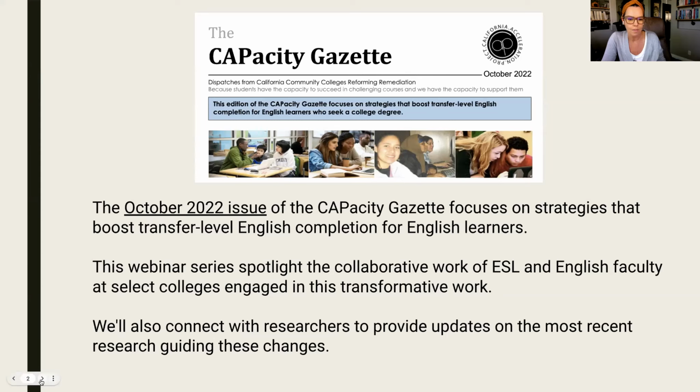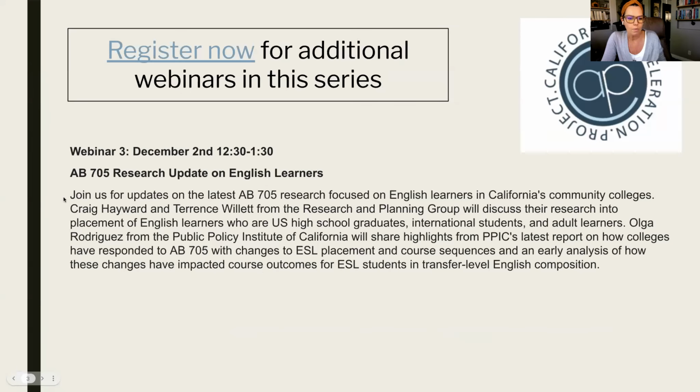these ideas here. And our last webinar will be on December 2nd, and that's going to be an AB 705 research update. So we'll have folks from the RP group and folks from PPIC sharing the latest research on English